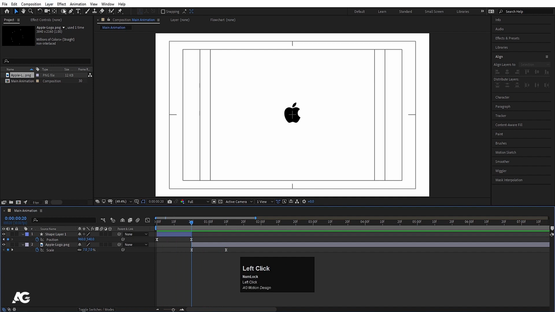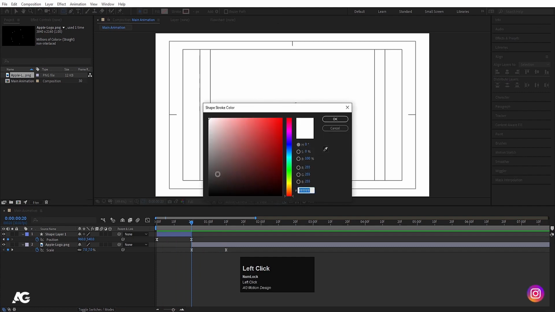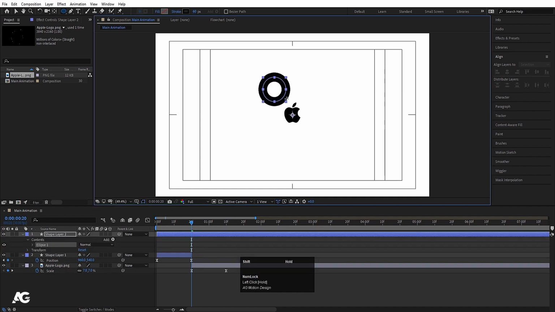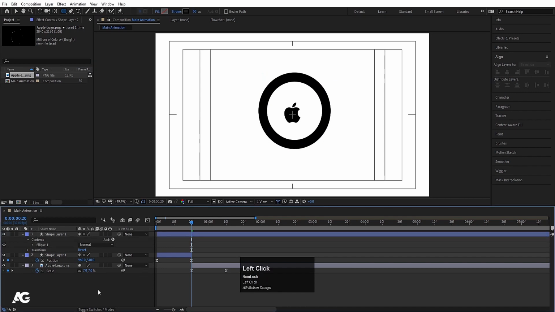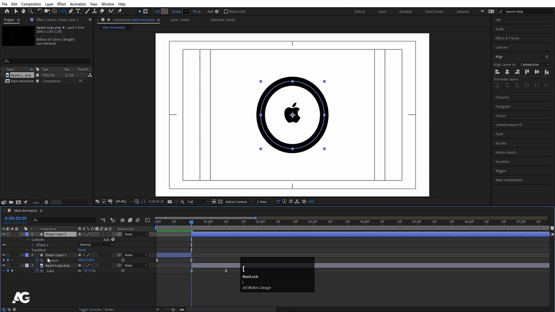Now I'll again choose my ellipse tool and then I'll delete this fill, and over here for stroke color I'll choose black and simply hit OK. And for the stroke width I'll choose, let's say, 60 pixels, and with the help of shift I'll create one ellipse like that. Then I'll press Ctrl Alt Home to align the anchor point to the center, and then I'll deselect this layer, select this layer again and align it at the center, and